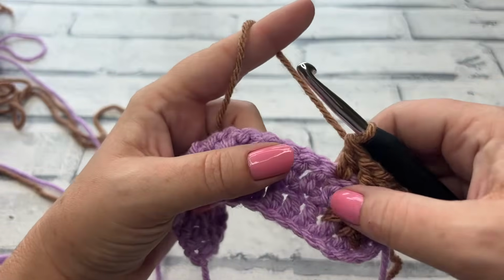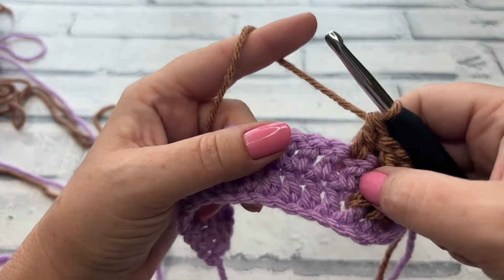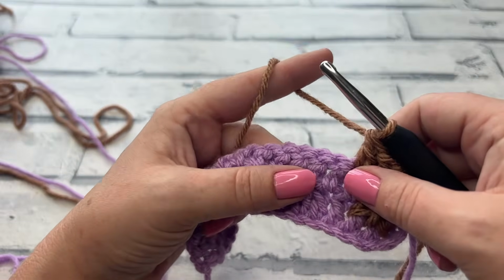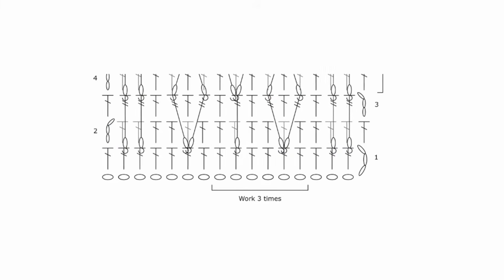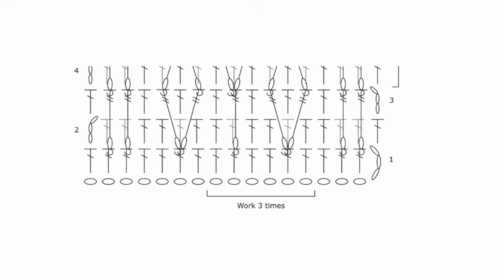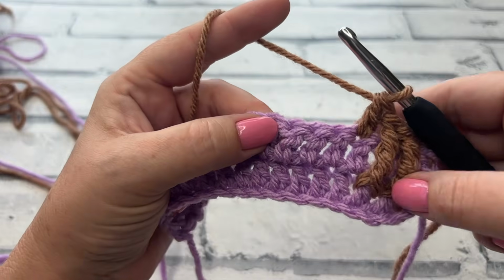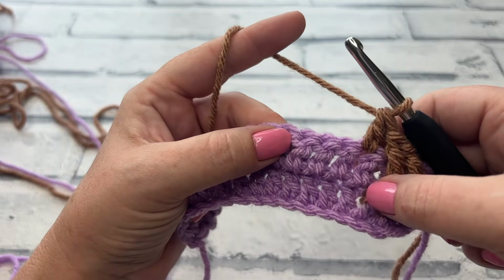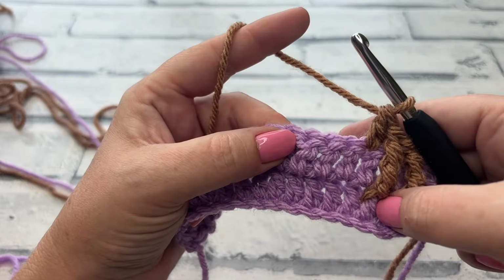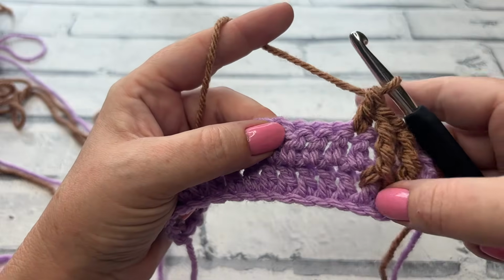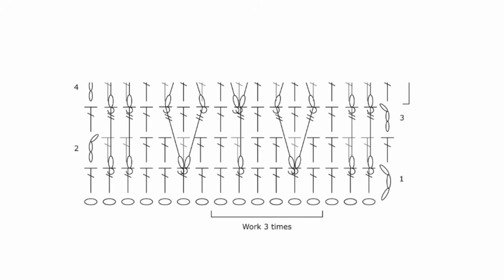The next challenge can be where to work your next post stitch. Now it's asking us to make an extended treble V stitch, which is worked over 3 stitches. So 1, 2 and 3. So it's going to be worked over these stitches, but the chart also shows us how many posts are left unworked in row 1. As you can see on the chart, there are 2 stitches that are not worked around